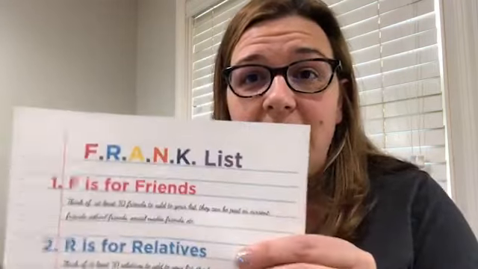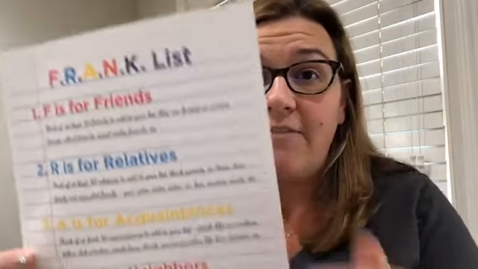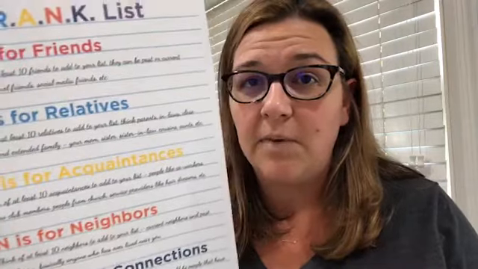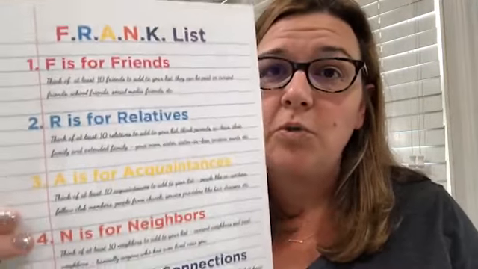So as you work your way down through FRANK, through this list, you'll start to formulate a very long list of people. And the goal is at least 50. And I had the camera flipped so you can read, but now that means I can't. There we go. Anyway, you'll have at least 50 if you get 10 of each, but shoot for more. If you shoot for 20 of each, then you'll have a list of 100.